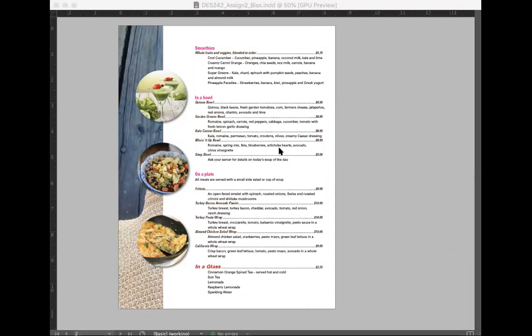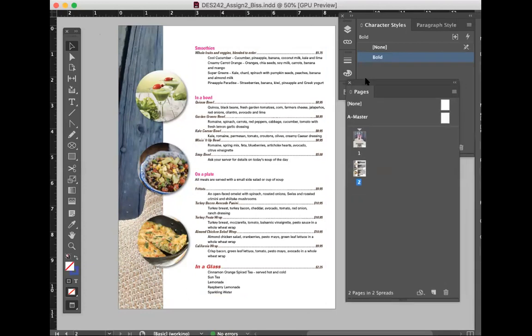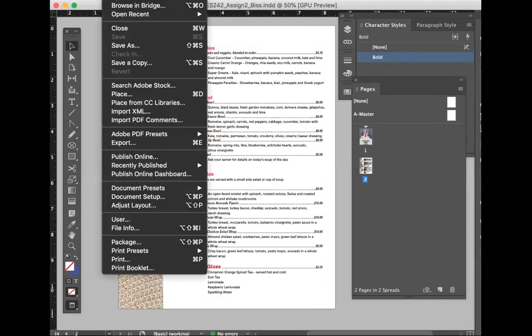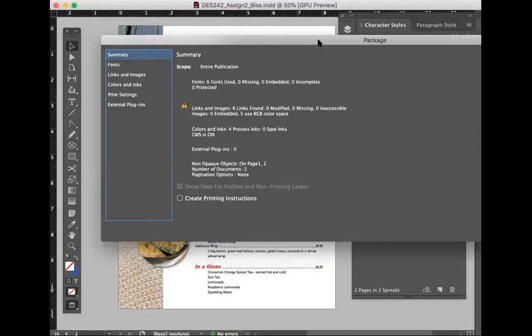Right now, we're at the point where all we need to do is package and zip. So I'm going to go over that because I know a lot of you guys had issues with that. Packaging is really easy. All you have to do is go up to File, choose Package. This box will come up. Can you guys see this box? This next panel, the package box, can you see that? Okay, I didn't know if you could or not.